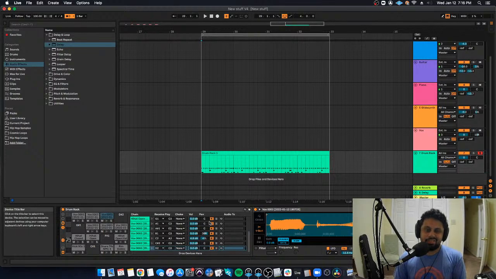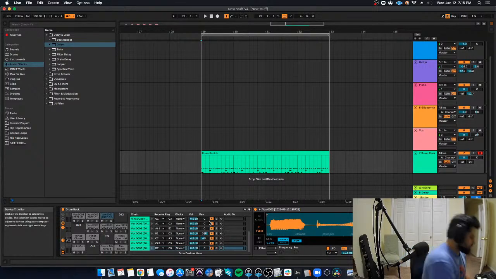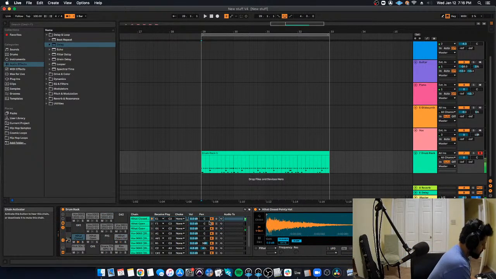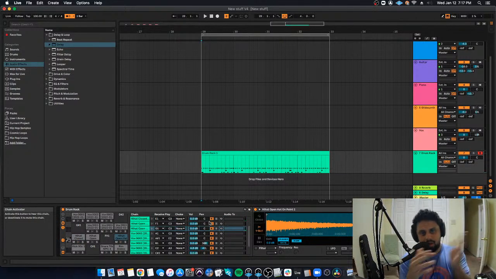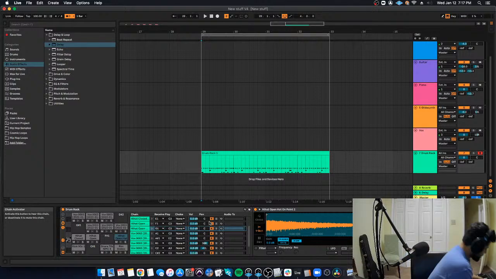But specifically for drums, and you guys know this, when you're playing hi-hats, you usually don't allow open hi-hats and closed hi-hats to play at the same time because it just sounds really unnatural. A hi-hat is either closed or open. That's just how hi-hats work. So if I play something like this, closed, open, closed, open. But if I play them at the same time, or if I have them overlap,